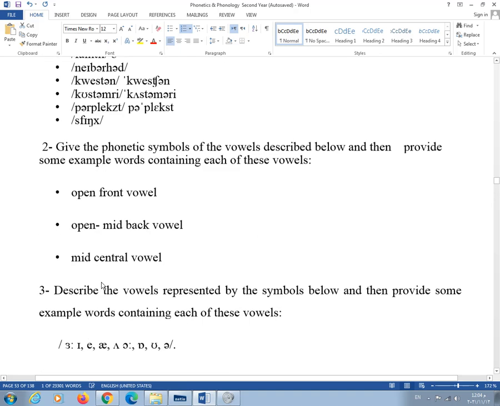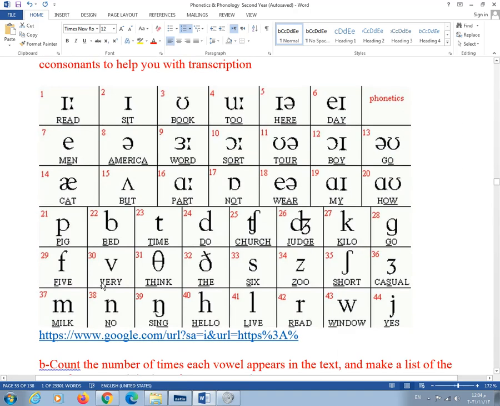And here is a chart illustrating all English sounds, especially in British English, the 44 sounds. Let's wrap up our lecture by pronouncing them, and you can repeat after me. We start: ee, read; i, sit; u, book; oo, to. Okay. A, man;